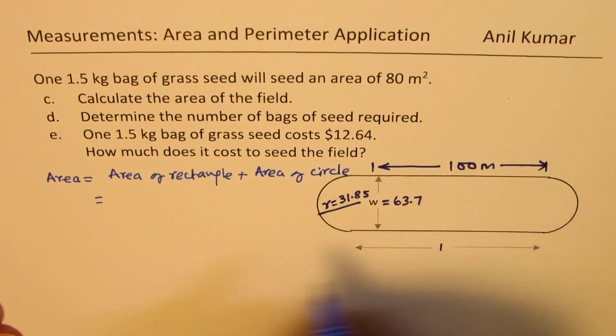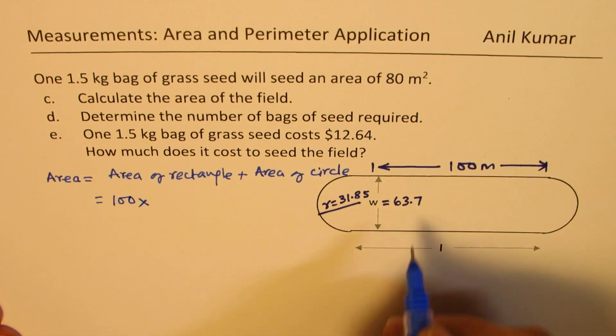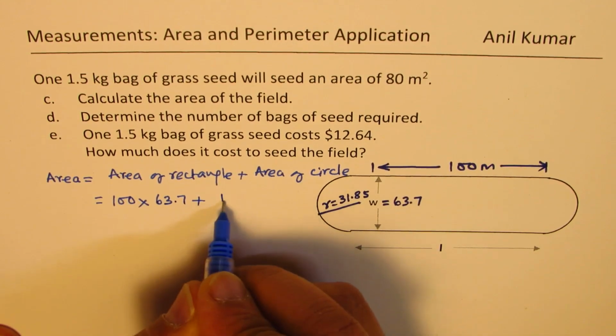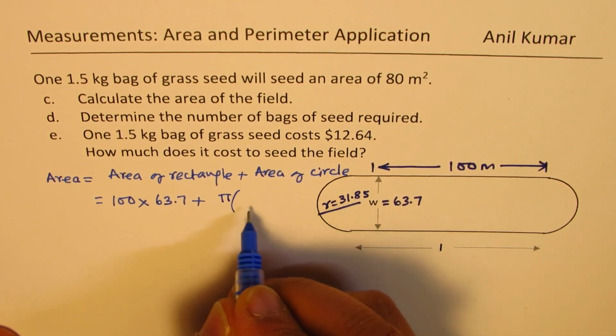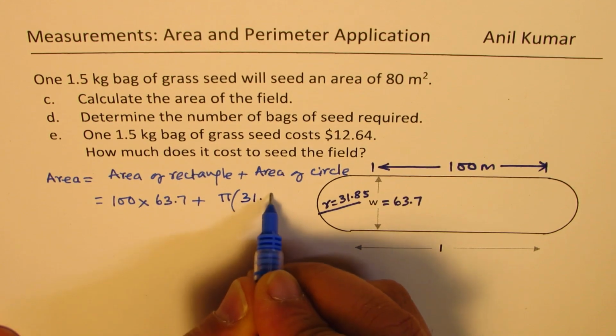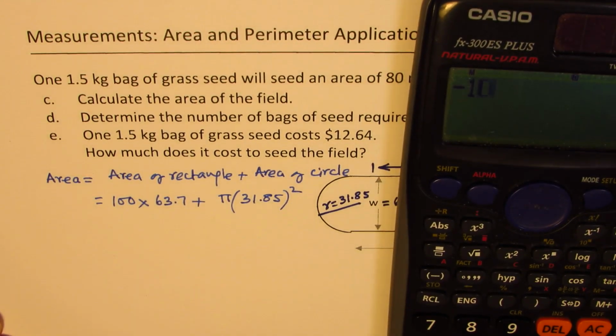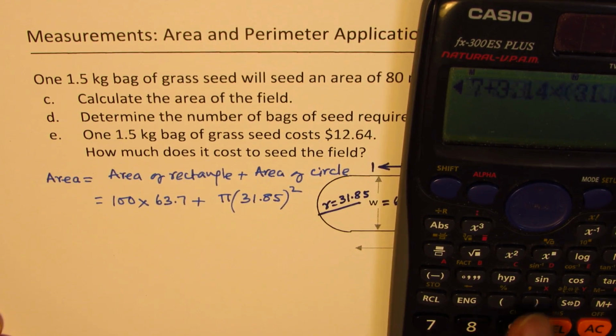So area of rectangle in this case is 100 times the width, which is 63.7, plus area of the circle, which is pi r square, which is 31.85 whole square, correct? So we can calculate this area now. So we have 100 times 63.7 plus 3.14 times 31.85 square,